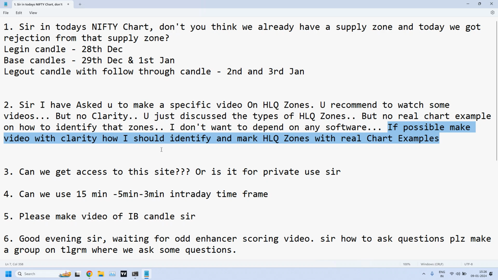So please make use of this opportunity and use whatever high liquidity zones I am publishing. And if you are asking me to tell all the steps,